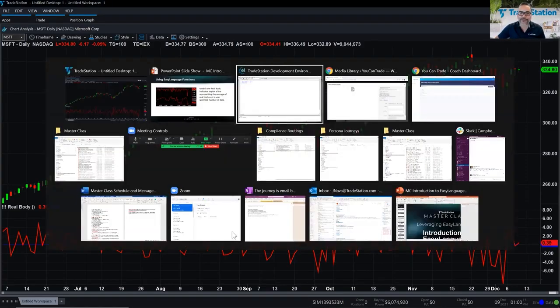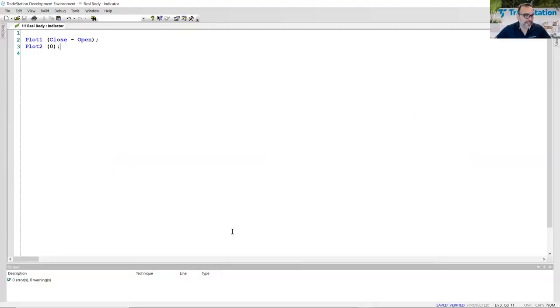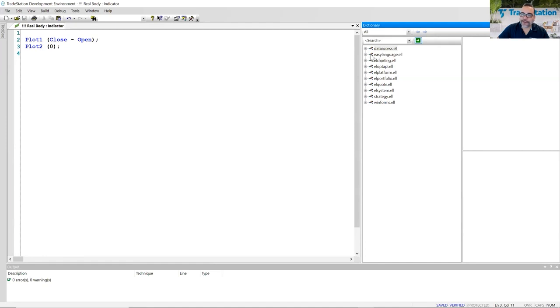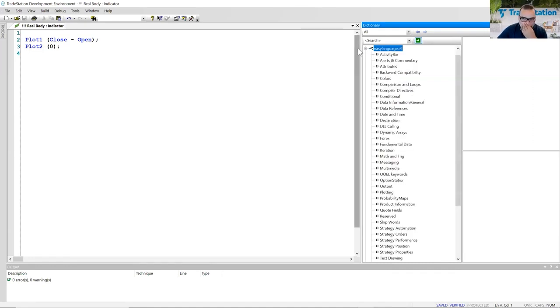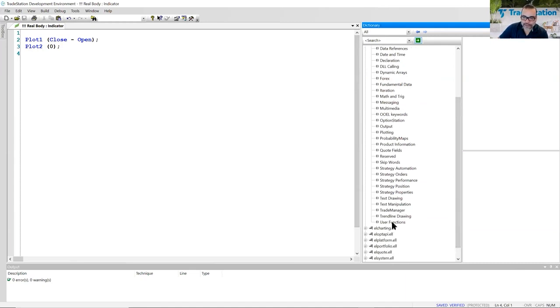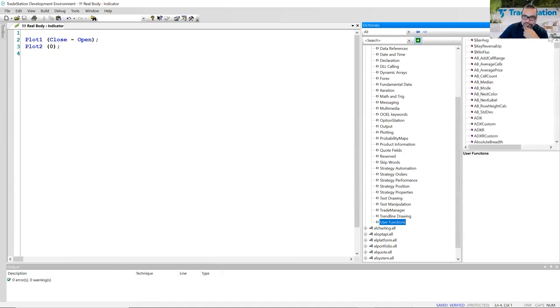Let me go here to the EasyLanguage code, and I have to introduce average. Let me show you where the functions are. Right here on the right-hand side, you see a little box that says dictionary. And I'm going to open up the category here that's called EasyLanguage. You have other items that are part of the dictionary that are more object-oriented. So let me go ahead and click on the plus right here on this EasyLanguage category. So it opens up EasyLanguage. And if I scroll to the very bottom, I'm going to see a subcategory labeled user functions. When I click there, I see all the different functions that are part of the TradeStation platform,